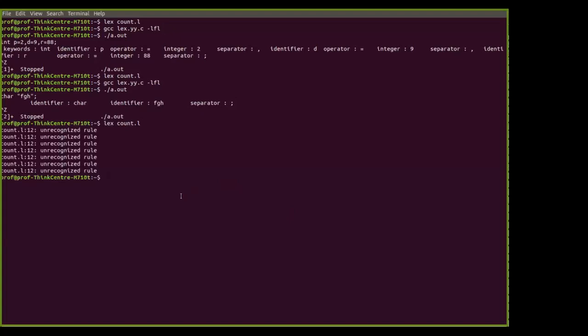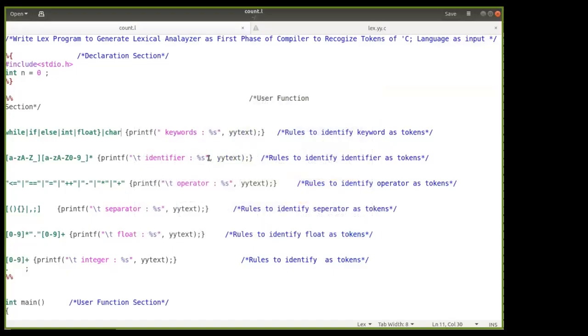Okay, there is some problem. Let me check. Control S, and again. Okay, so it successfully ran.